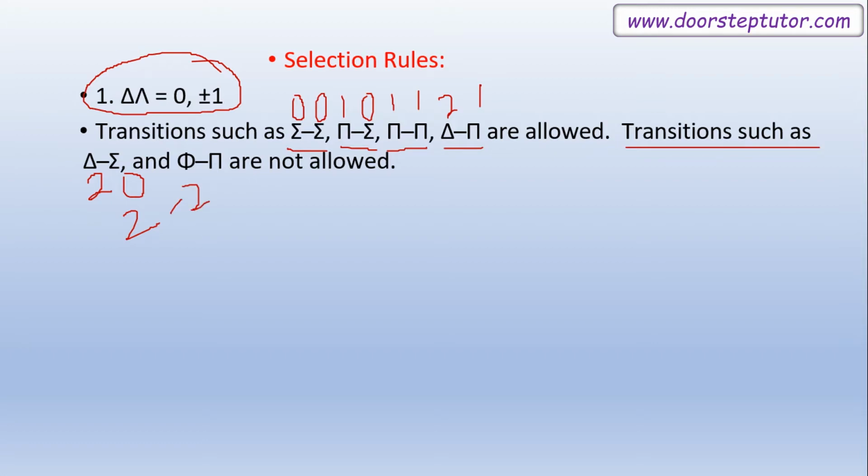Okay, so these values are not in this rule. Therefore delta to sigma is not an allowed transition. Please remember, student,